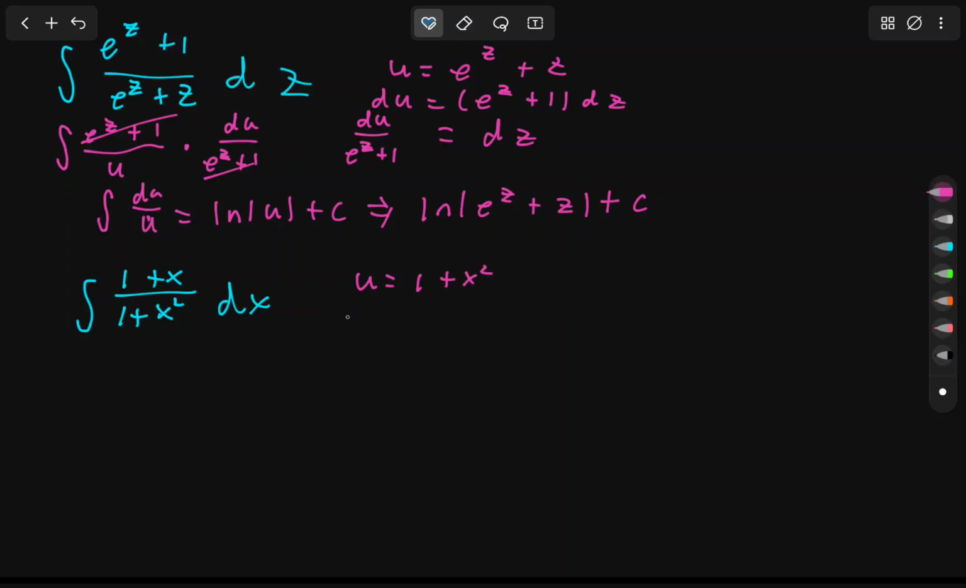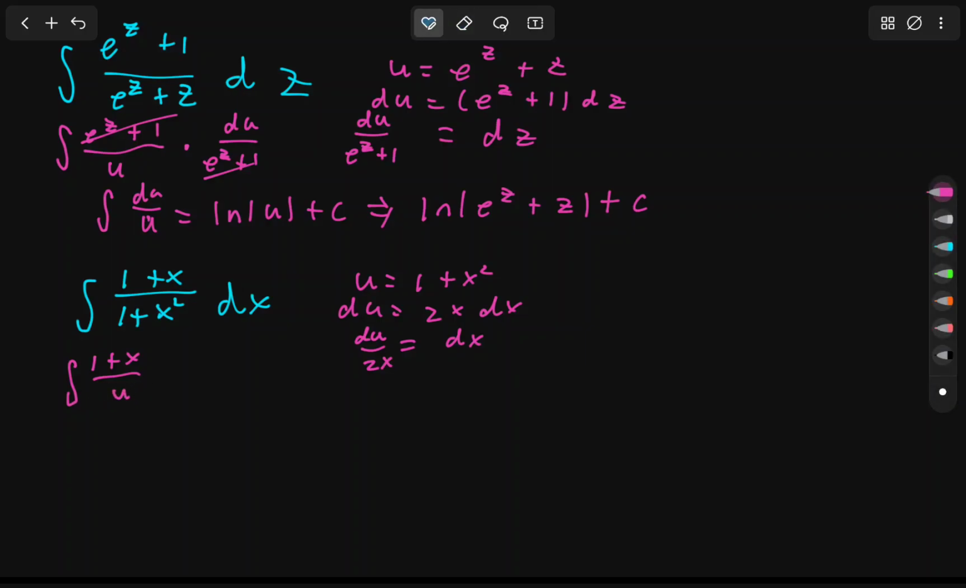All right, that's not a problem. Well, du is now going to be 2x dx. So now we have to solve for the differential dx. So we get dx is now equal to du divided by 2x. We sub that into our integral, 1 plus x divided by 1 plus x squared, which is actually now just